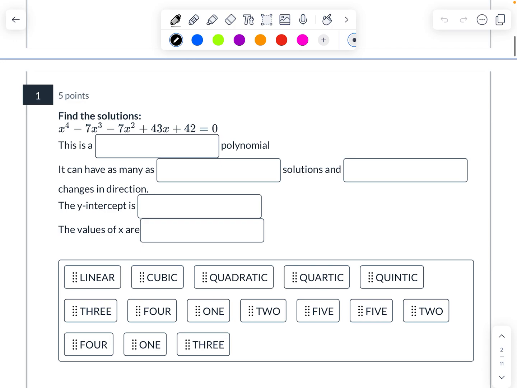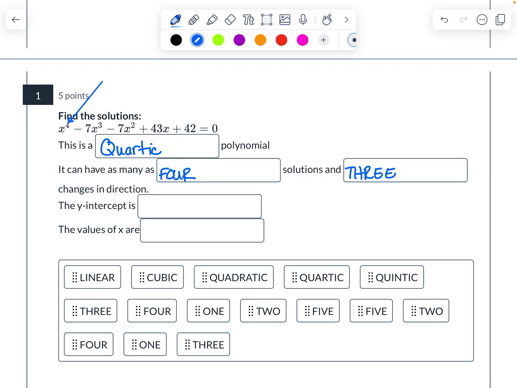Okay, so this first equation, because this right here is a number 4, that is going to make this a quartic polynomial, which means it will have as many as 4 solutions and 3 changes in direction. So whatever the highest power is, that tells you the name and how many solutions it will have. And then if you take the number of solutions minus 1, it will tell you how many times it changes